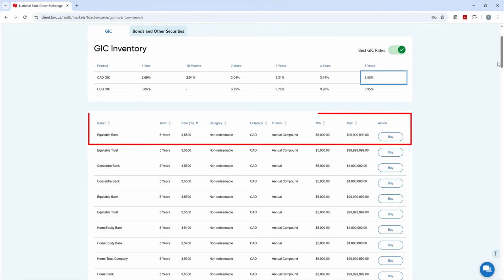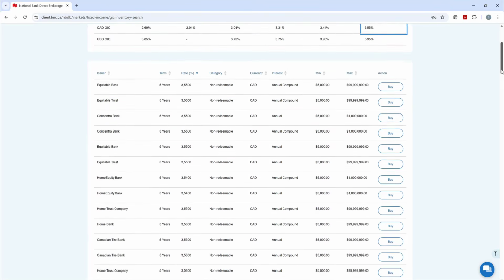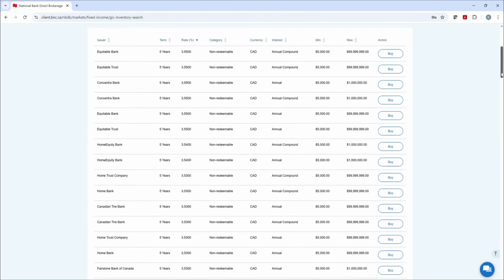The first issuer on the list is Equitable Bank with the 5-year term, the 3.55 interest rate for a non-redeemable GIC in Canadian dollars with an annual compound with a minimum purchase of $5,000. If we scroll down slightly, we can see that other interest options are available. Investors can also select from multiple issuers offering comparable interest rates. For our example, I will select the first one on the list, the non-redeemable Equitable Bank GIC with the annual